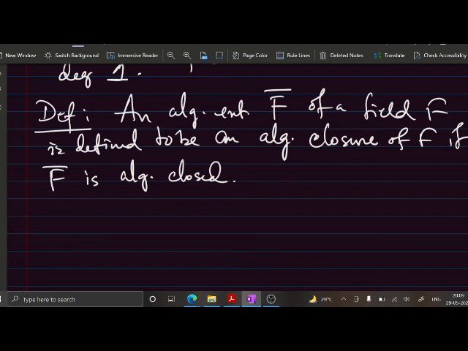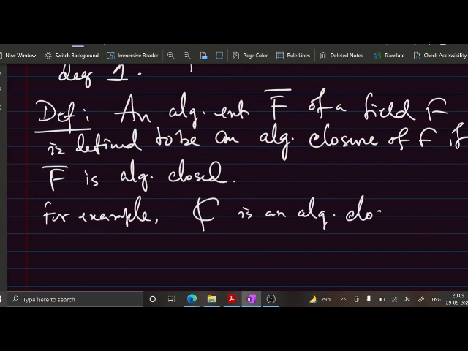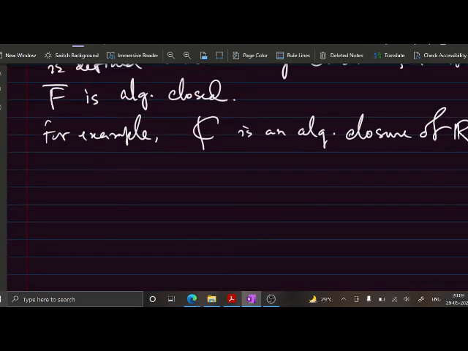Okay, so for example C is an algebraic closure of R, right? So C is an algebraic closure of R, and in the next class we shall prove that